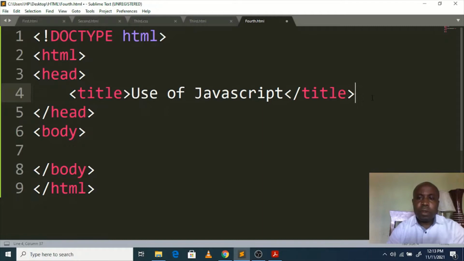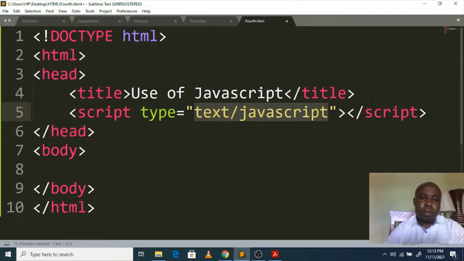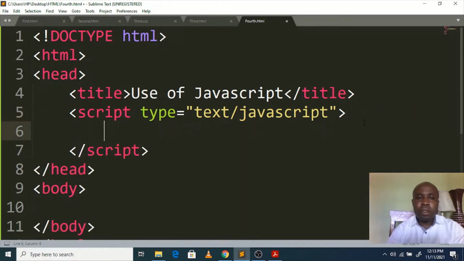So down in title we write script like this, so it will be defined as text JavaScript. The JavaScript codes will be appearing in between scripting opening and scripting closing. So we have to put script closing down. Then when we write var in JavaScript, we are declaring a variable which may be called message